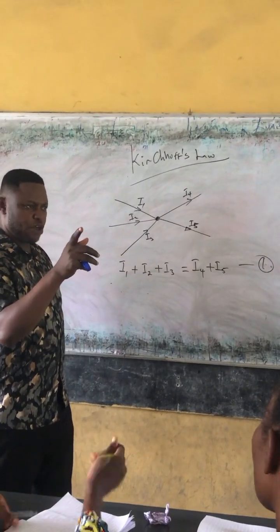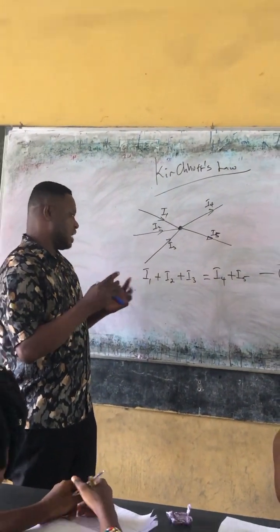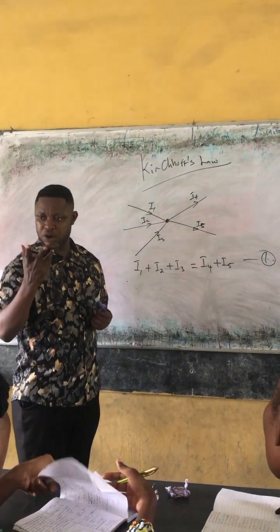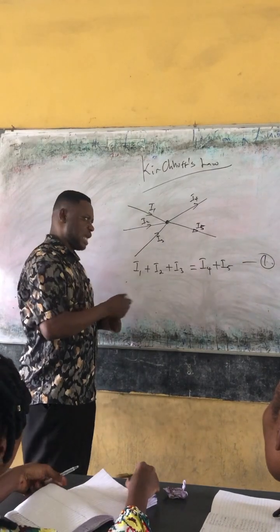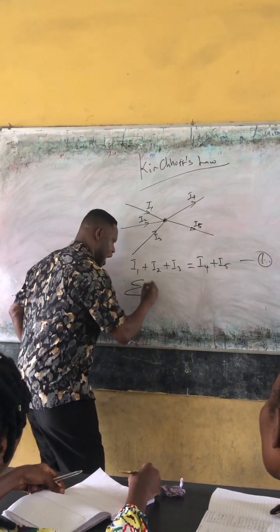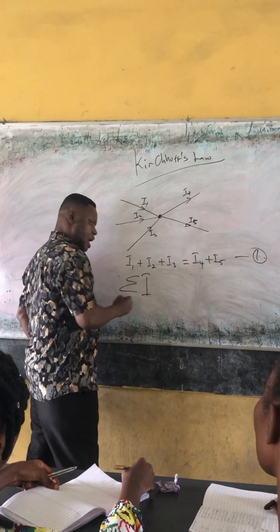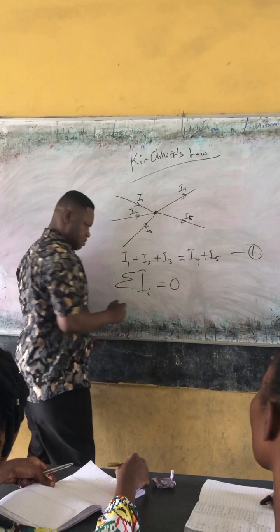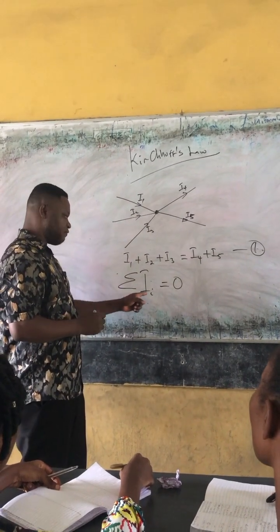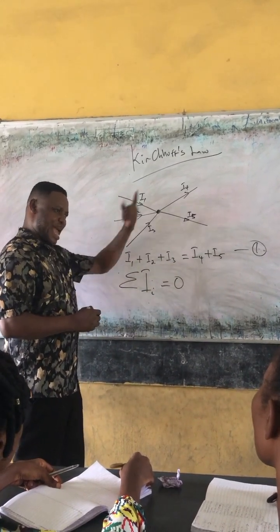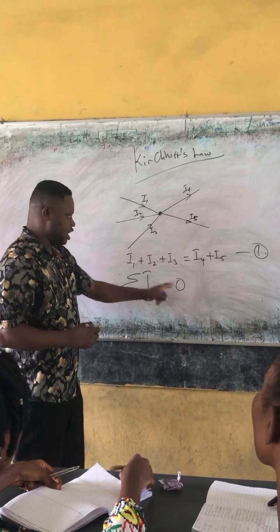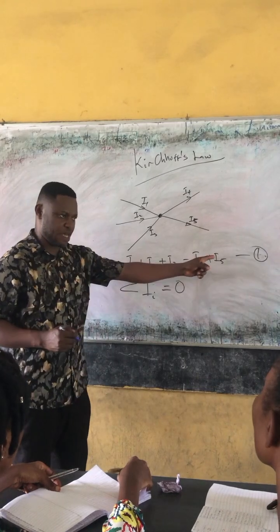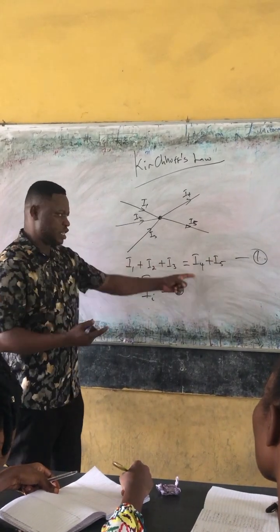Now before you write, look up again. I said at first that the algebraic sum of current at any junction must equal 0. So let me write that equation. The algebraic sum, so it's like saying summation of I, from I1 to any number of currents, must equal 0. If I want to write this equation using these 5 currents, how many currents do we have? 5. So if I want to write the algebraic sum of these currents equals 0, can I write it as